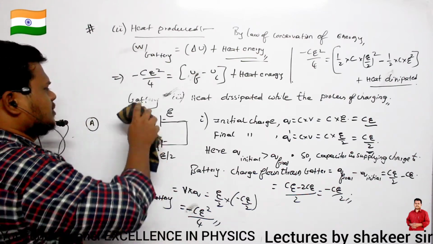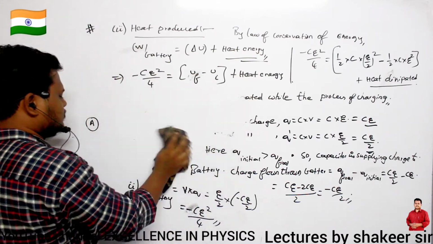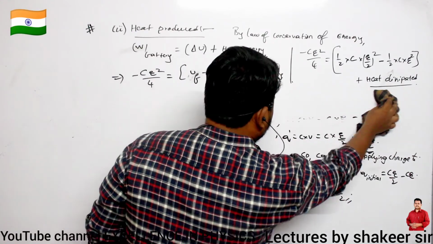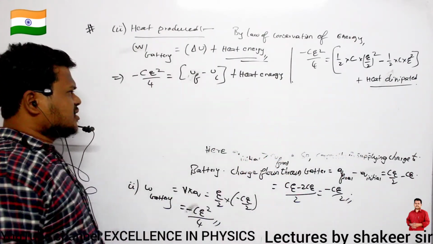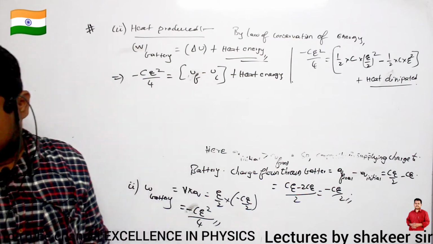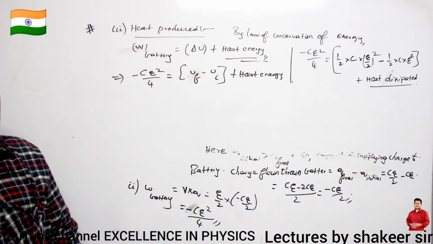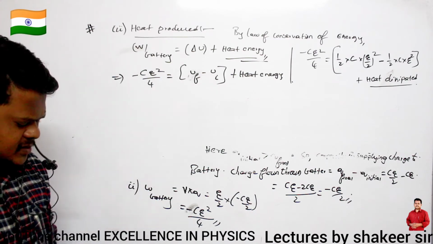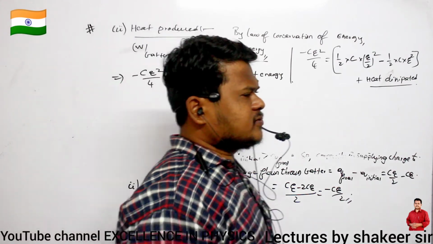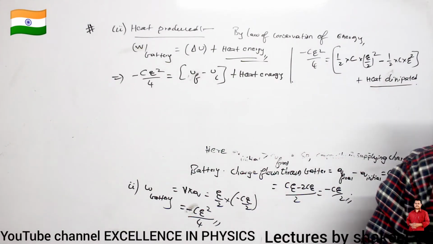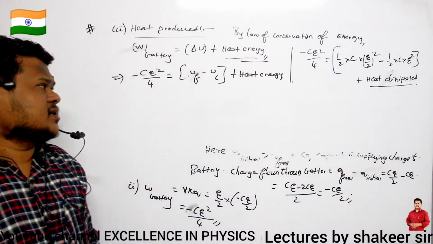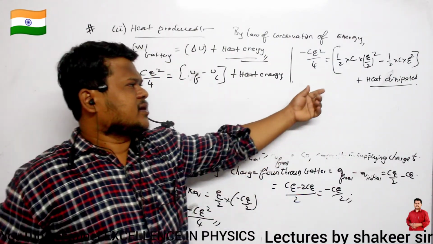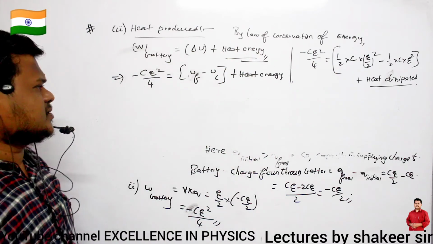Okay. So potential energy is nothing but energy stored in the capacitor. Energy stored in the capacitor, three formulae we have written, no? Half CV square, Q square by 2C, and half into QV. So here values are given in the form of capacitance and potential, so we have used half CV square. That is the reason.